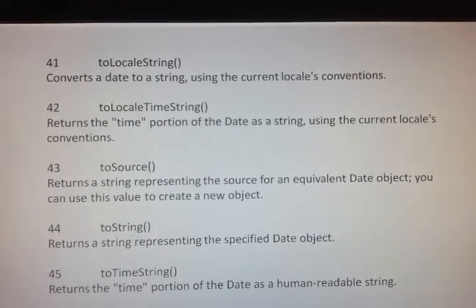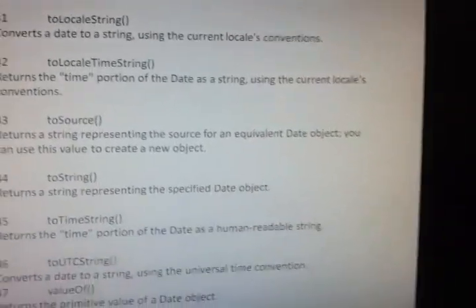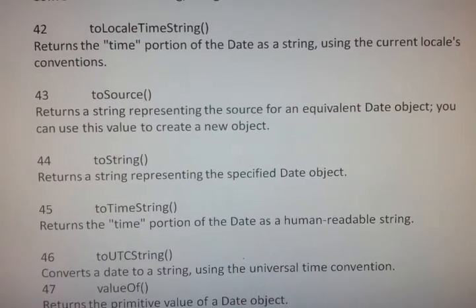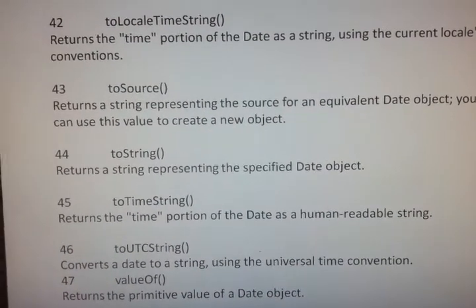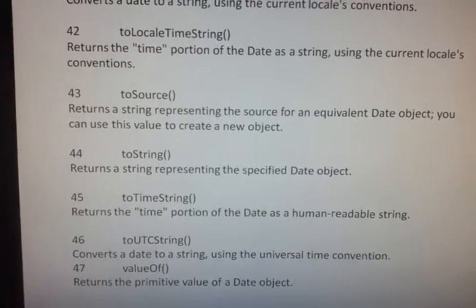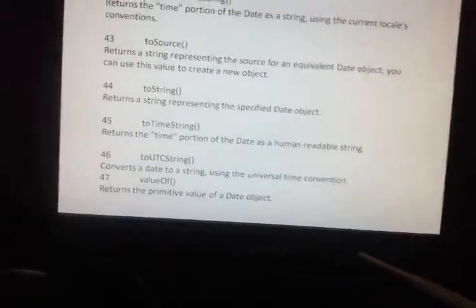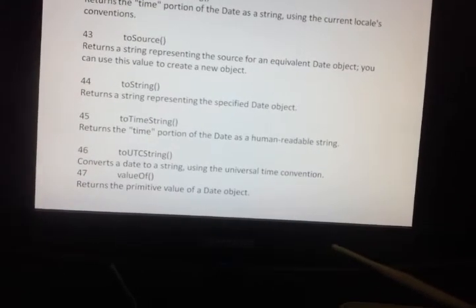So date.toLocaleString, date.toSource, date.toString, like this we can use these particular methods. And we will do a program for each method one by one. So we have a total of 47 methods.